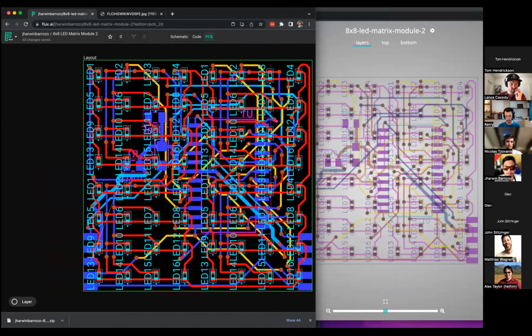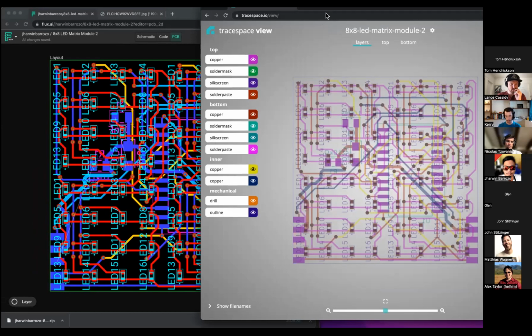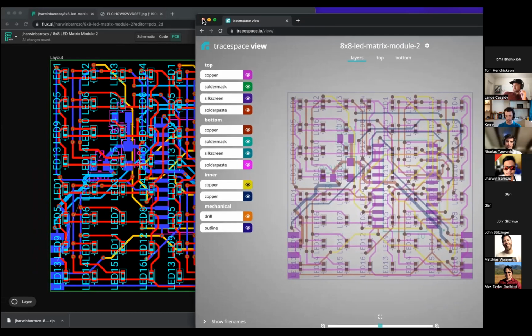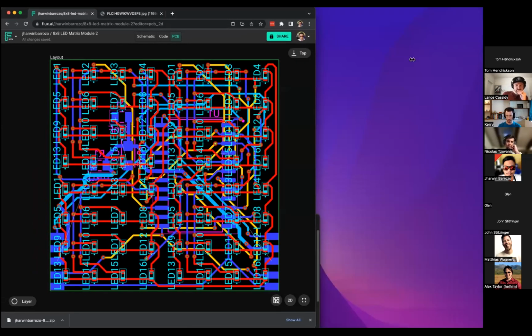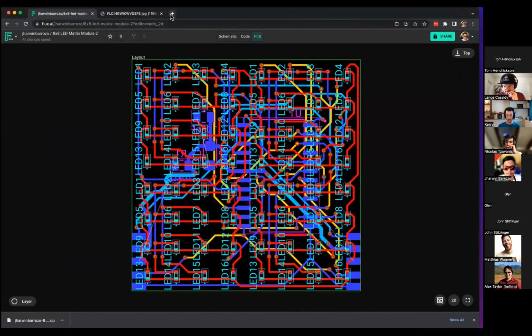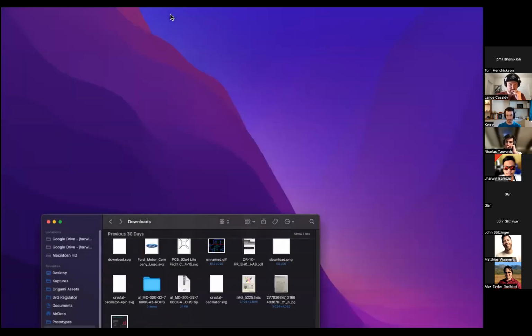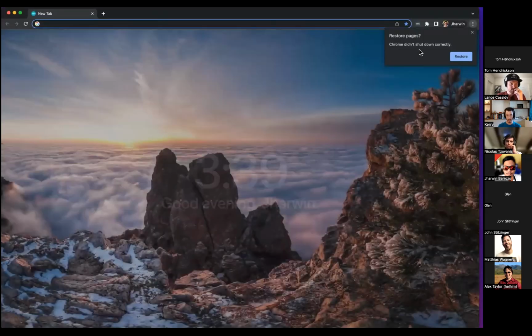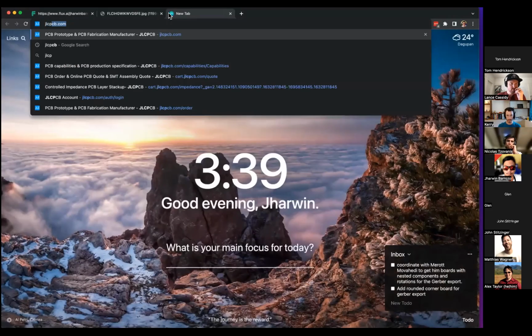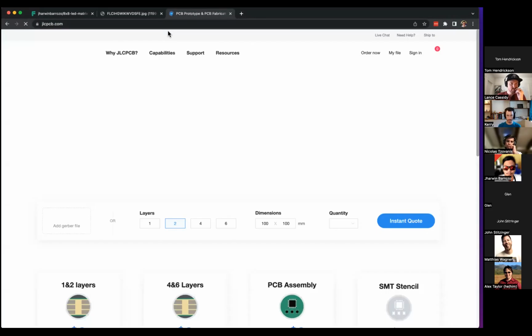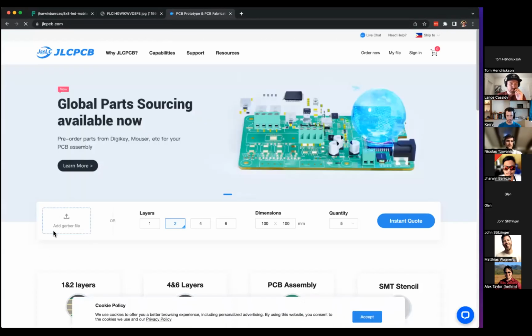I'm going to close this one just to save some GPU memory. I'm going to open, oh my God, my Chrome just crashed. Restore. Okay, let's open GLPCB. You don't need an account to test anything in here. You just go to GLPCB, and as you can see here at the very top,